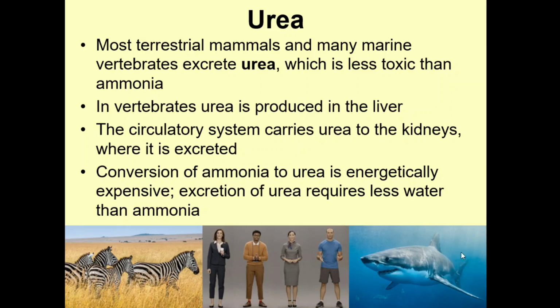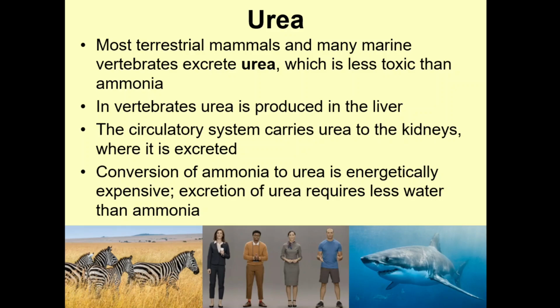Now, the reason I've got the shark there, the great white shark, is they actually do something quite interesting. So I mentioned previously that most marine fish will osmoregulate by drinking seawater and actively transporting salts out of the body and producing small amounts of highly concentrated urine. Well, a lot of sharks actually do something very different. They will convert some of the ammonia that they produce. They will invest energy to convert that into urea, and then they will store that urea